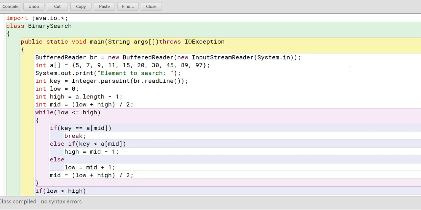Good morning, students. In today's class, I am going to discuss binary search. In the given array, you have to find the desired element using the binary search technique. In this technique, the compulsory thing is that your array should be arranged in ascending or descending